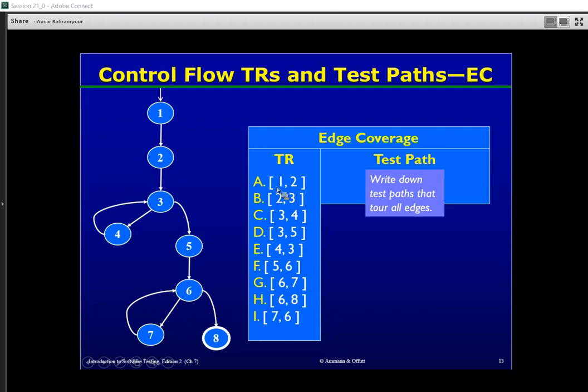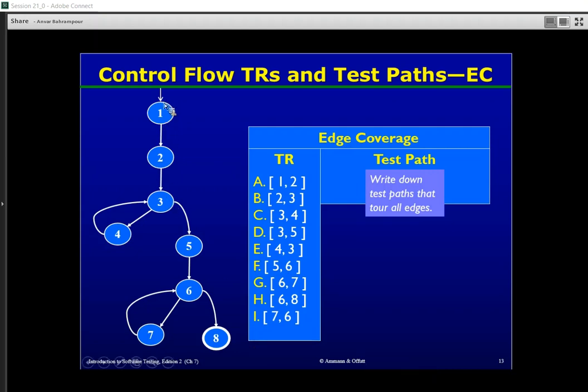All of them create our test requirements set for the edge coverage criterion, and we should define some test paths to cover all of these